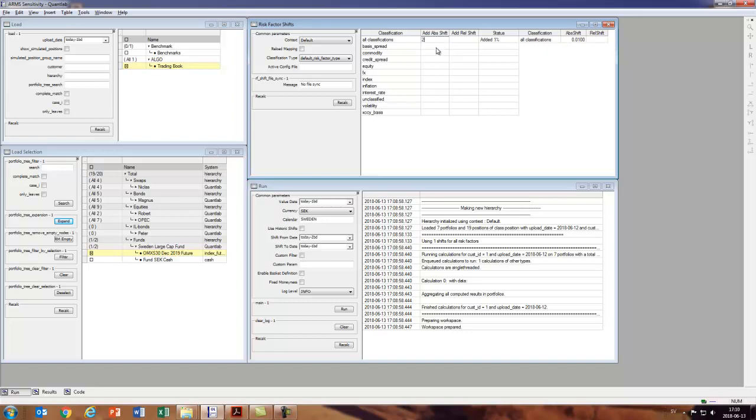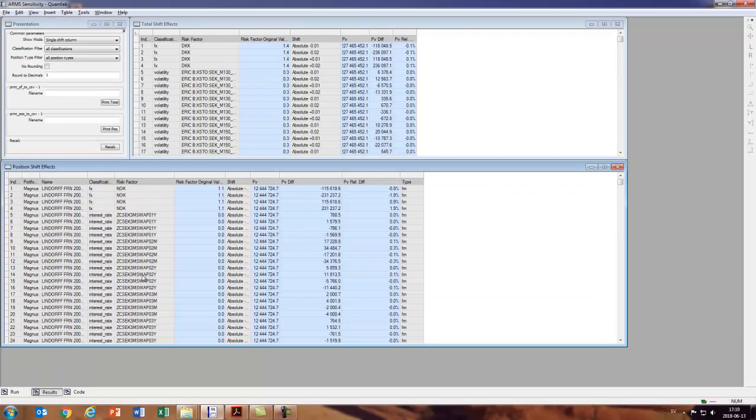And we can actually continue there. So we can take a 2%, and we can also take a minus 1% and a minus 2%. So we now have a little grid of sensitivities that we want to calculate, and we can now just go down and set the date we want to have and press run. And we can see that we get 4 shifts for all risk factors. So now the calculation is done, so now we can move to the next page,